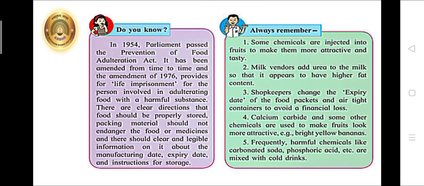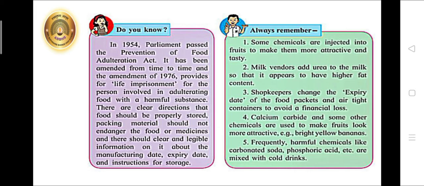Now come to page number 39 of your textbook. Come to the box Do You Know? In 1954, Parliament passed the Prevention of Food Adulteration Act. It has been amended from time to time, and the amendment of 1976 provides for life imprisonment for the person involved in adulterating food with a harmful substance.